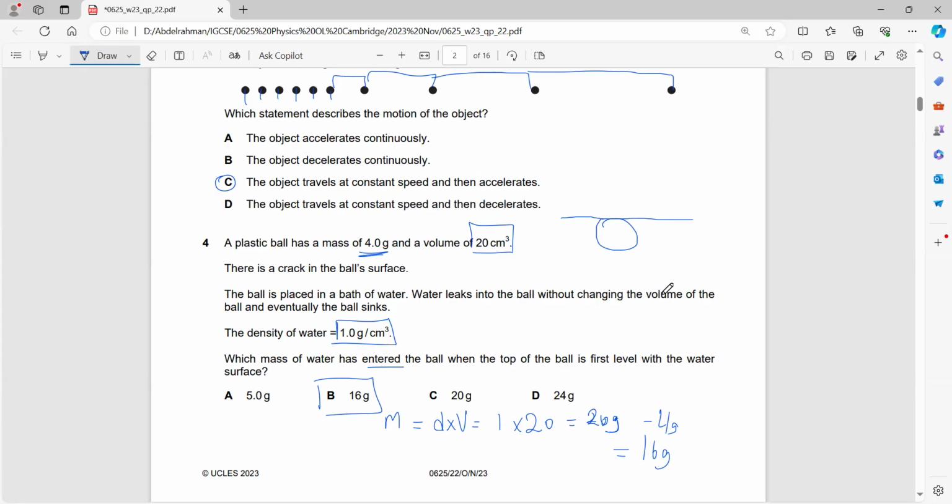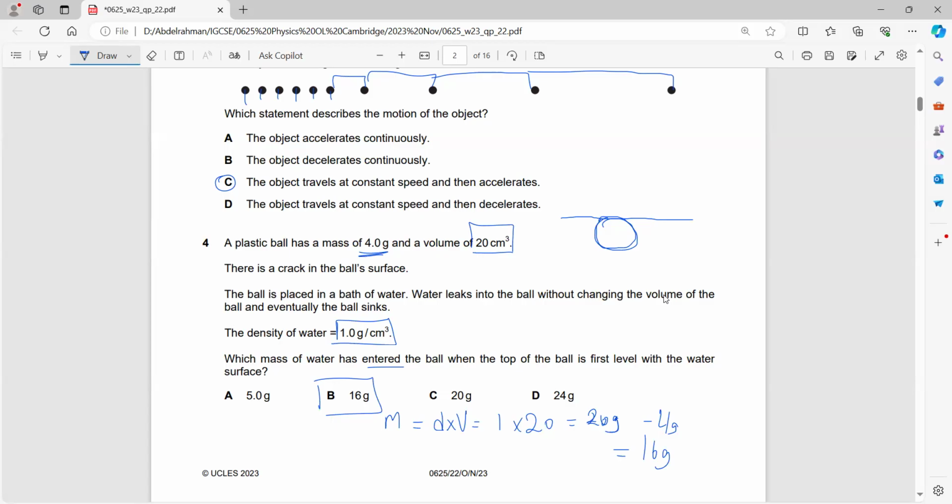Again, the ball initially was a plastic ball. It was hollow inside, so it was floating on the surface of the water. It had a crack, and some water started leaking into the ball. One by one, the mass of the ball started to increase because it was being filled up with water, until the ball is just below the surface of the water, which means that its density is now equal to the density of the water.